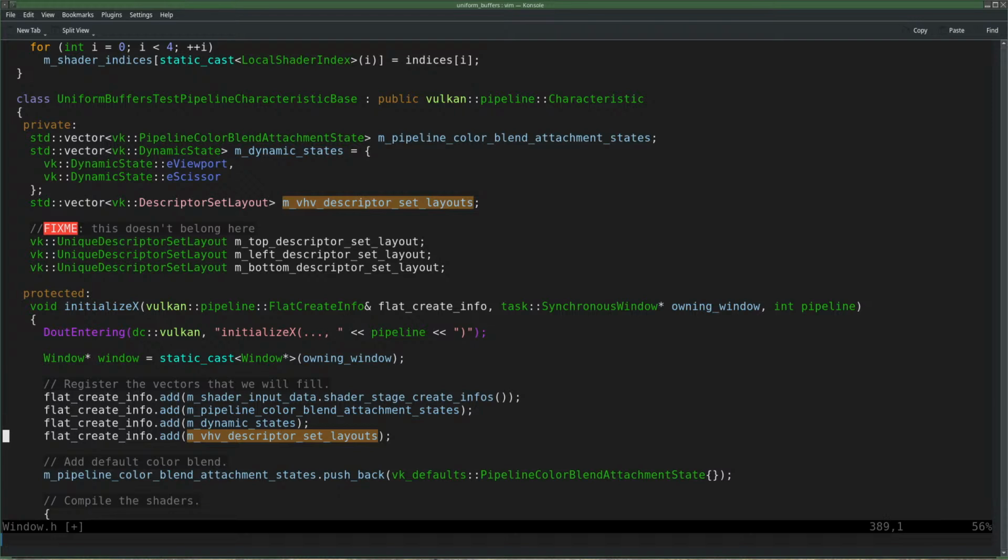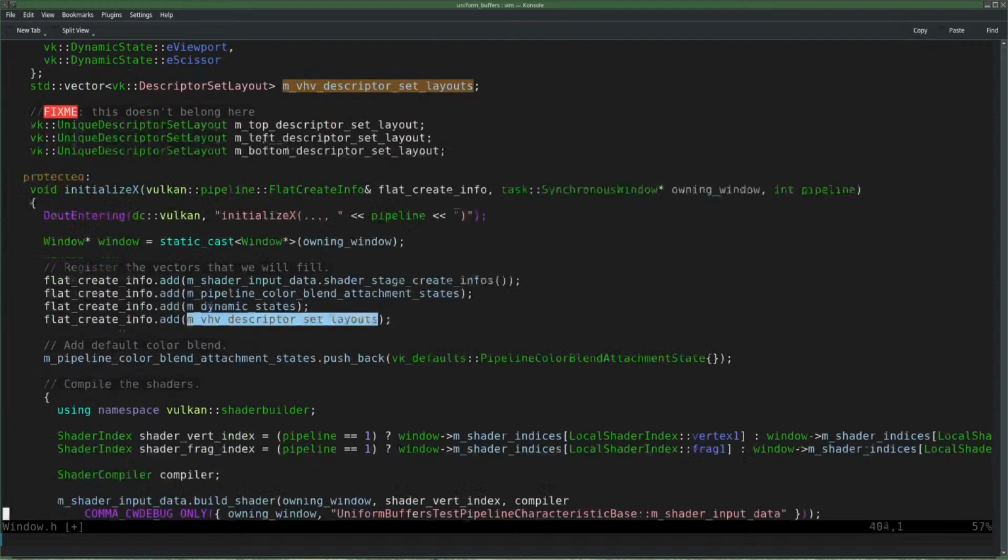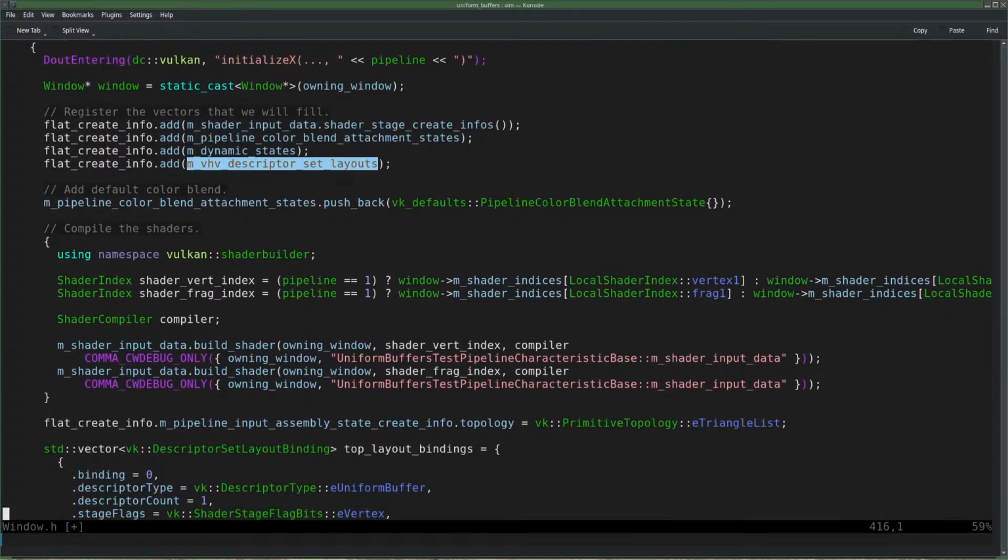So now I'm telling the flat create info that I'm going to fill this vector, and then we can do that.